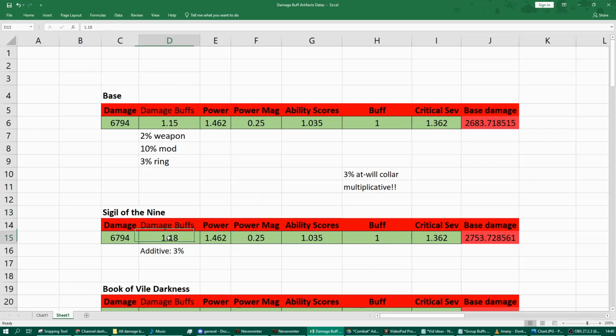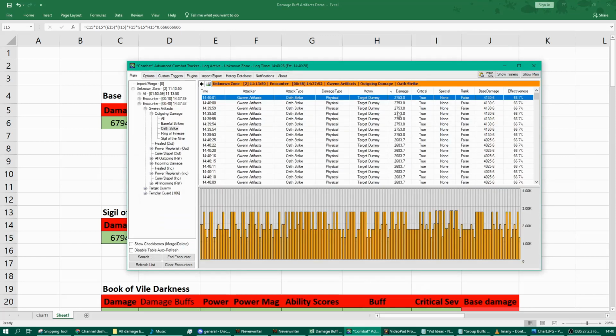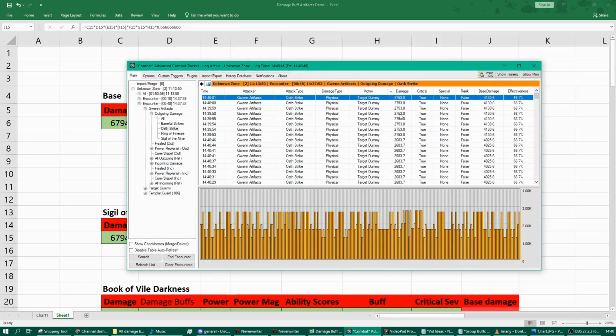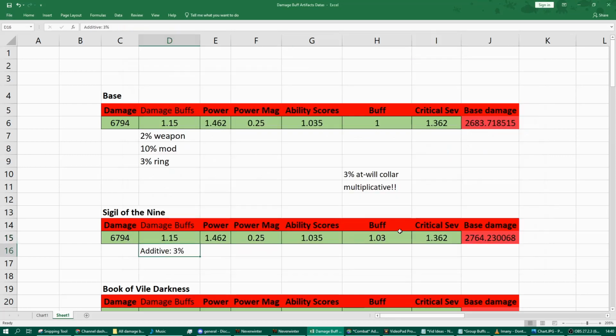can find out that indeed it's just a 3% additive buff. By changing this from 15%, you can see with 15% damage buff, it's equal. And if we change this to 18, you can see plus 3%, we're getting 2,753. This exact damage value here. If we were to have it multiplicative, that would be a 0.3 buff there, that 3%, and this reduced to 15, you can see that would be 2,764, meaning that's not equal to what we're seeing, meaning it's actually an additive buff and not a multiplicative buff,